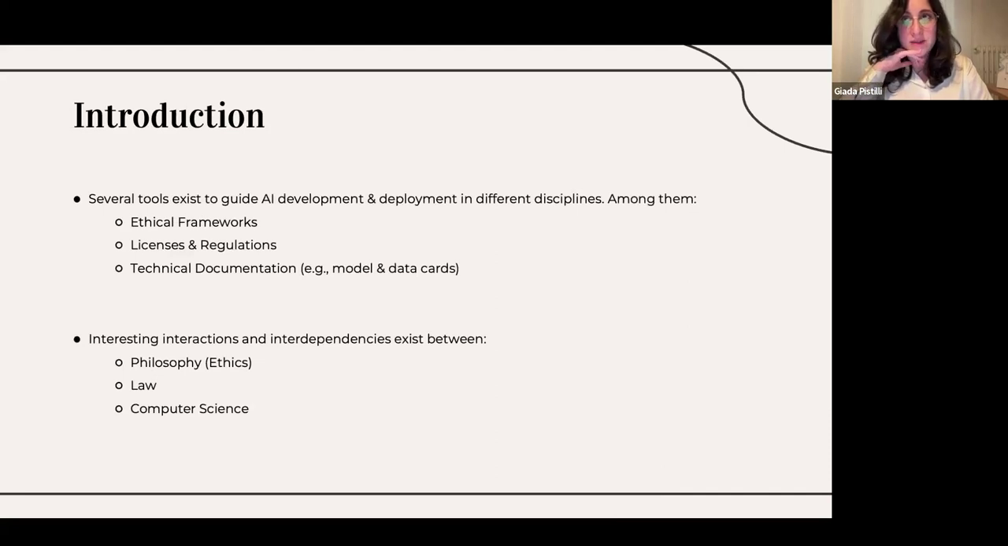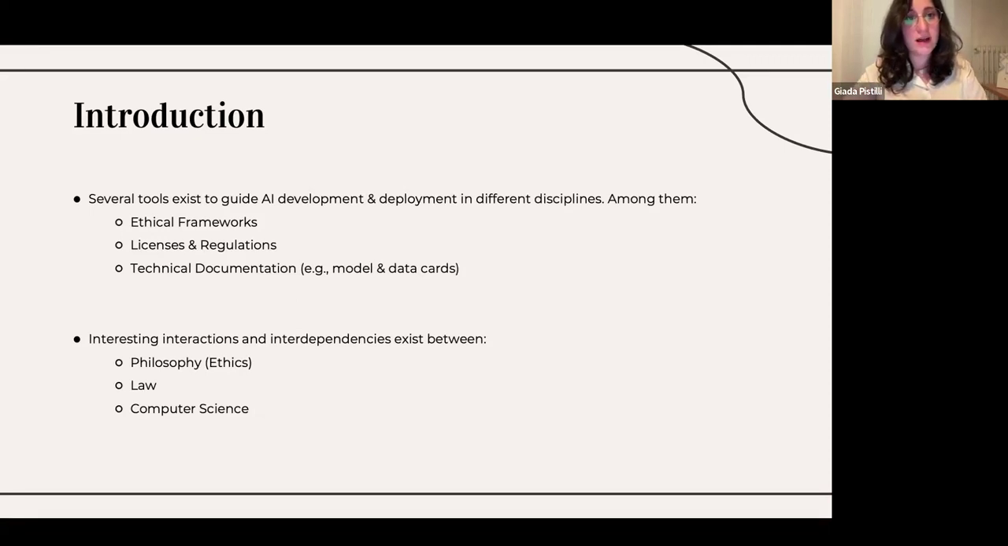So we start by saying that, of course, there are several tools that already exist in different disciplines, since I like to think that one of the most interesting things about artificial intelligence is that it's a really transdisciplinary, interdisciplinary discipline. It bridges a lot of different fields. And so if we take ethical frameworks, licenses and regulation, and technical documentation such as model and